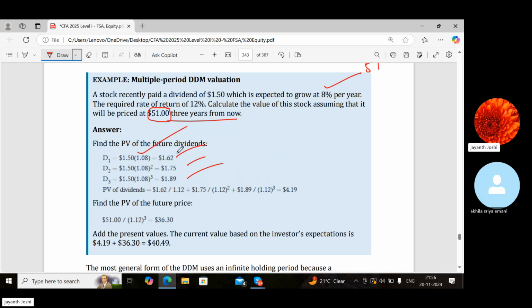We are going to take these values and discount them with 12% required rate of return. So 1.62 divided by 1.12, 1.75 divided by 1.12 whole square, 1.89 divided by 1.12 whole cube. See, I'll do the calculation for you. 1.62 divided by 1.12 plus 1.75 divided by 1.12